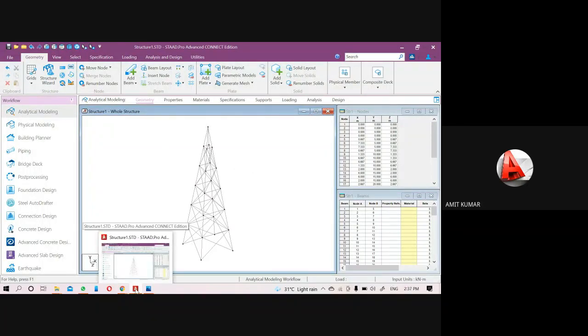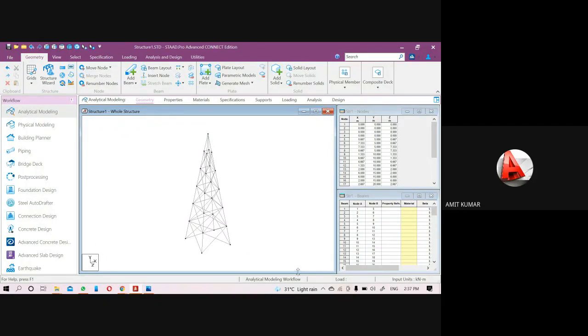If I give the top dimension as 0, that means at the top there will be a beam of 0-meter length, and you know that a beam of 0-meter length can't be created. So we have to identify that beam.